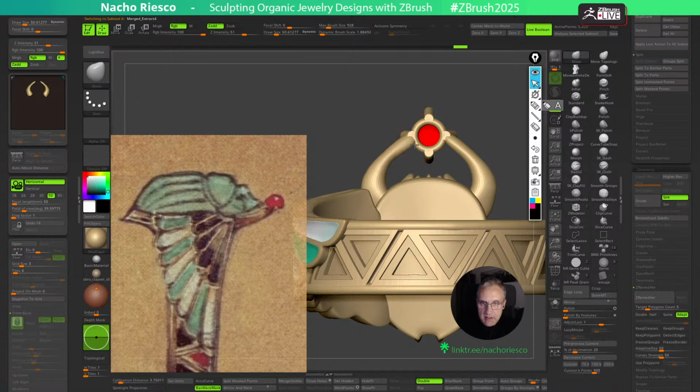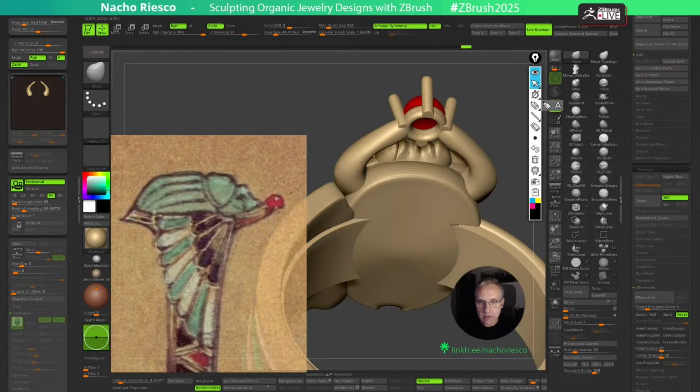Maybe this needs to be thicker, to make a stronger union between the basket of the stone and the